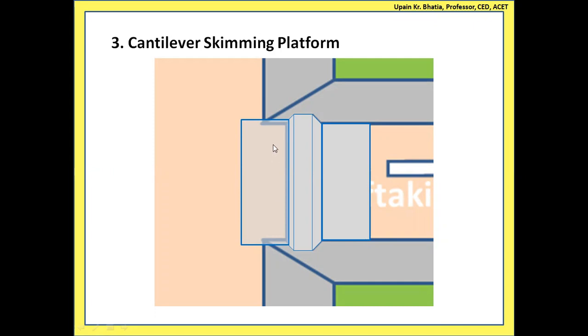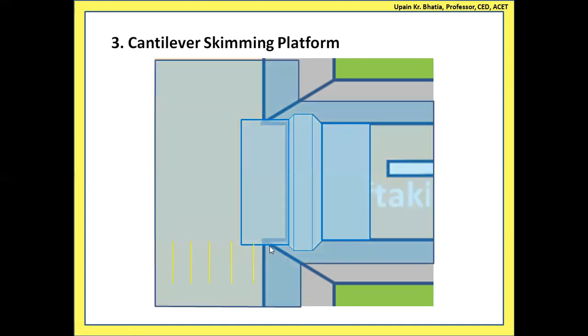So that means there is some opening or some space below this slab. That's why this slab acts as a cantilever, because it is extending from this point to this side in the form of a cantilever only. That's why it is called a cantilever skimming platform. So what happens is,